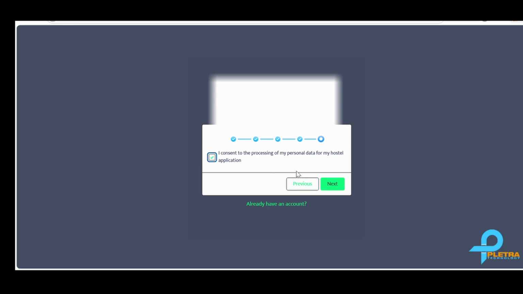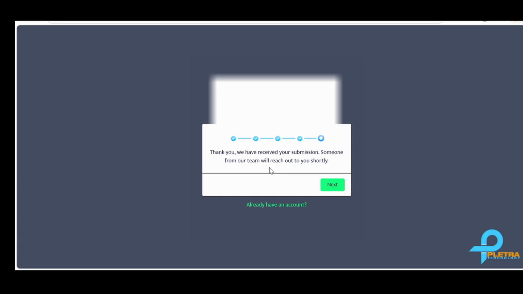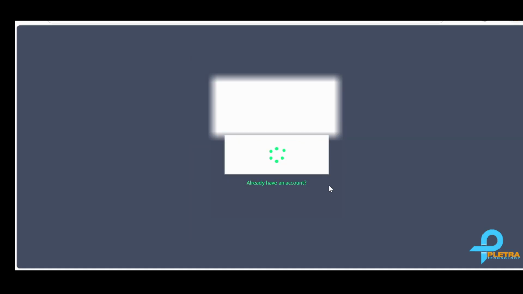I have to click on that consent and click on next. So the student's registration is completed now. After this registration, student will receive an email that student has registered here successfully. So the registration is completed now.